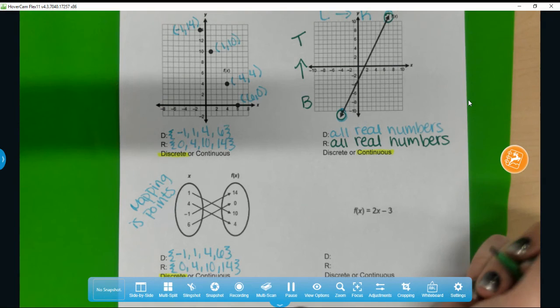Okay. This equation, same thing. There's no words with it, so it can't be discrete. So it's going to have to be continuous. Since we're talking about